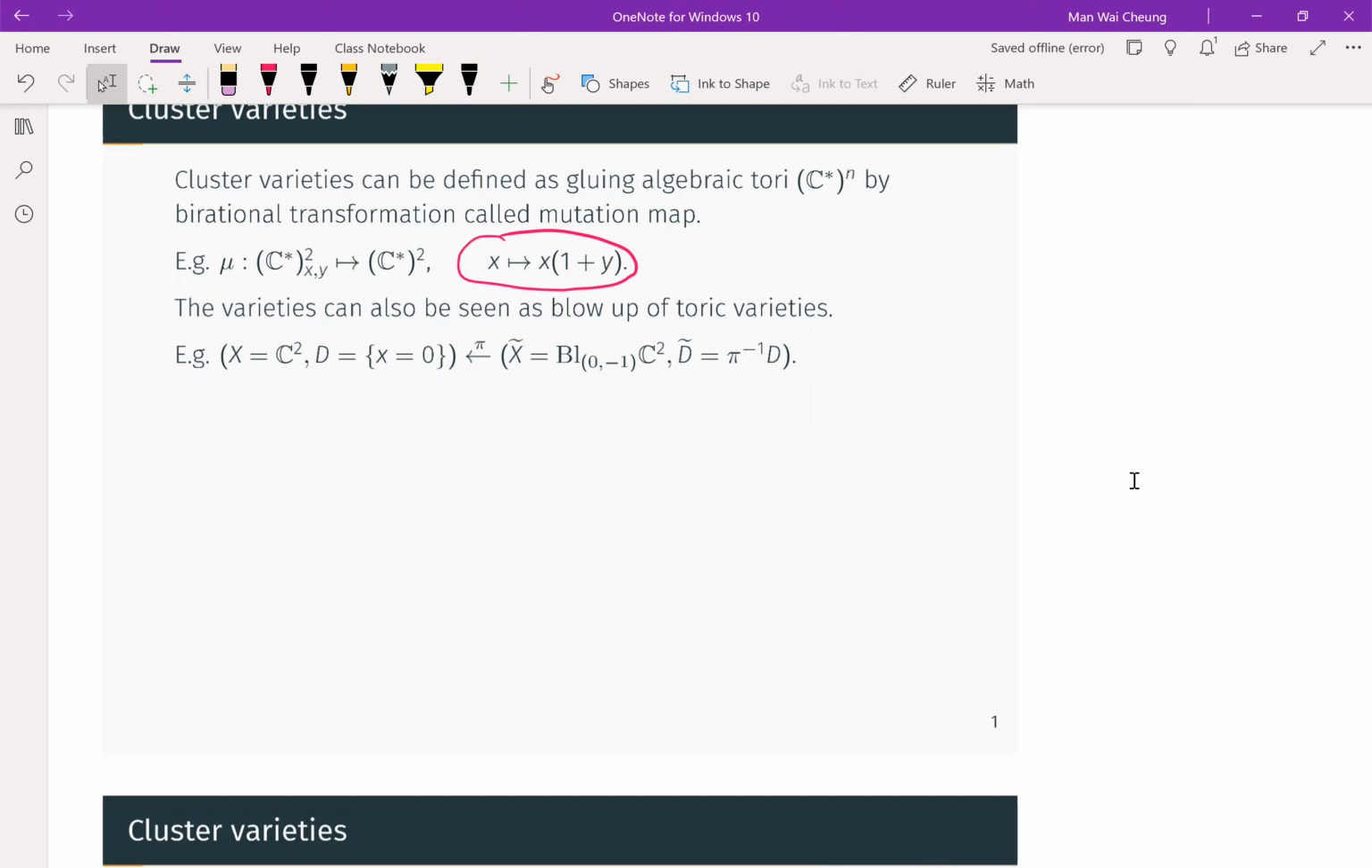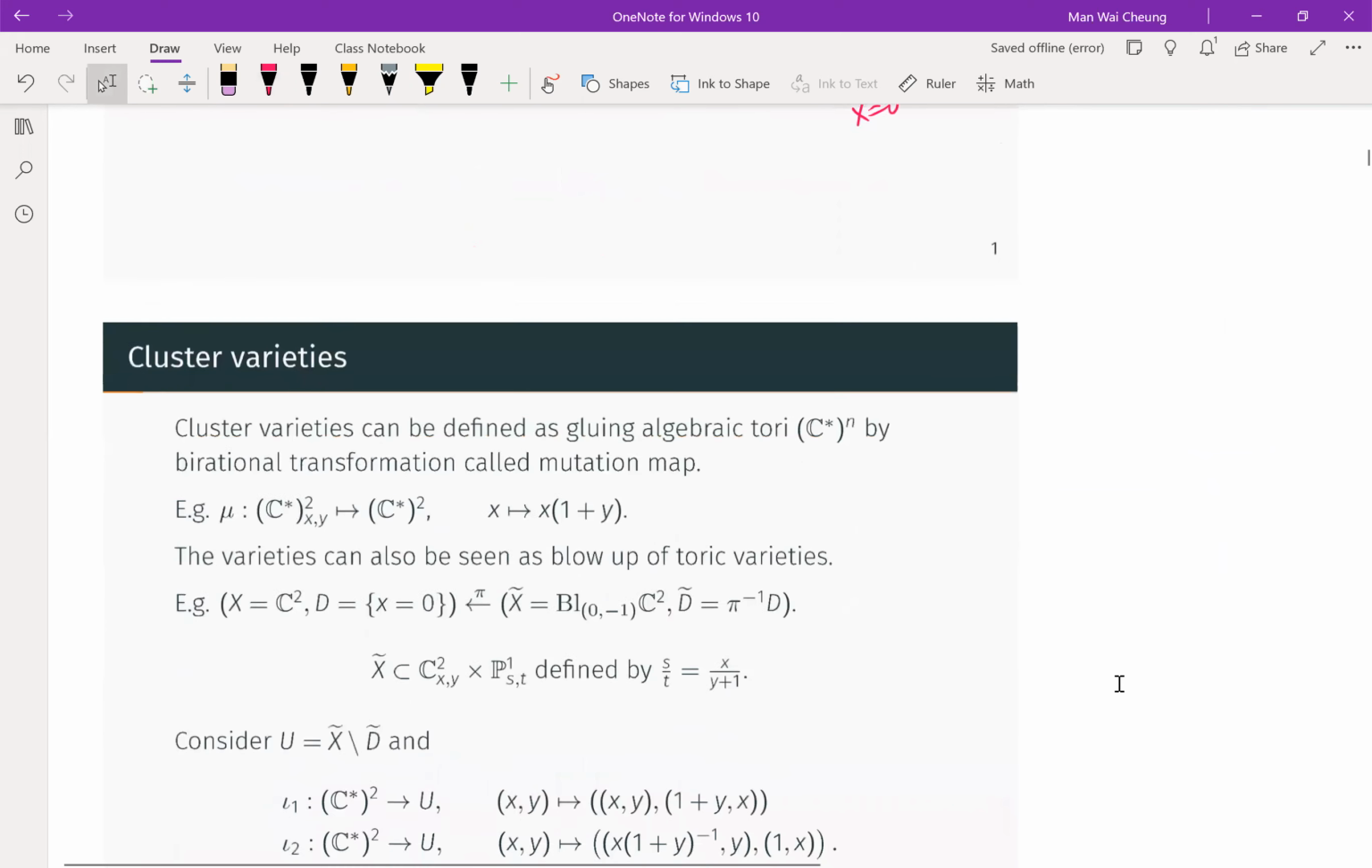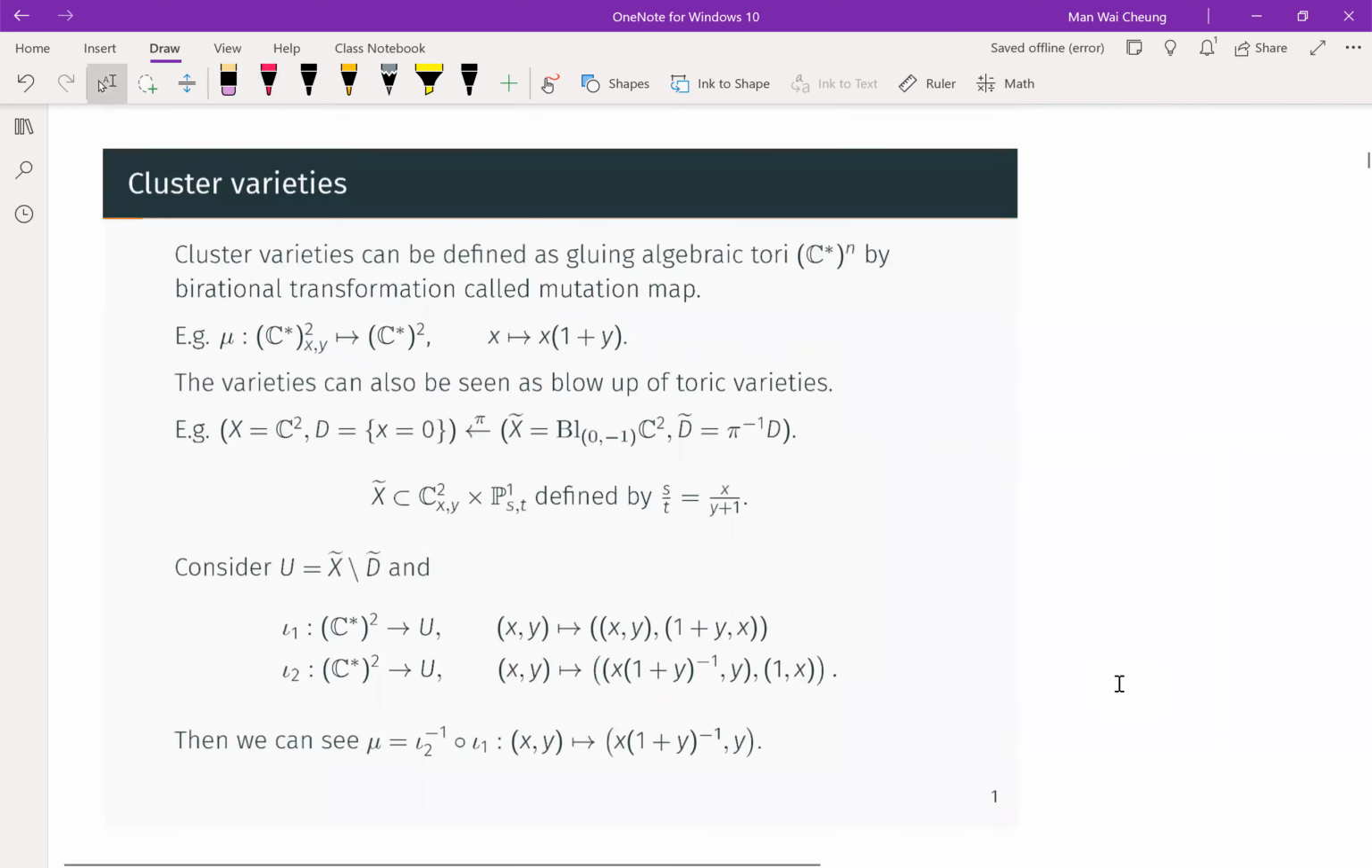And then what we start with is the simple model. We have C squared, and the divisor is x equals 0, and this is what we have. And then we blow up at this point 0, minus 1. So this is x, y equals 0, the xy axes, and we blow up at this point minus 1. We get something like this. And this is our blow-up. The details are the topic of the transform under this blow-up. And then what we can do is